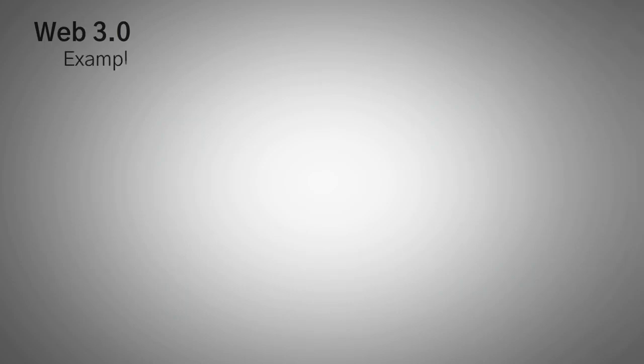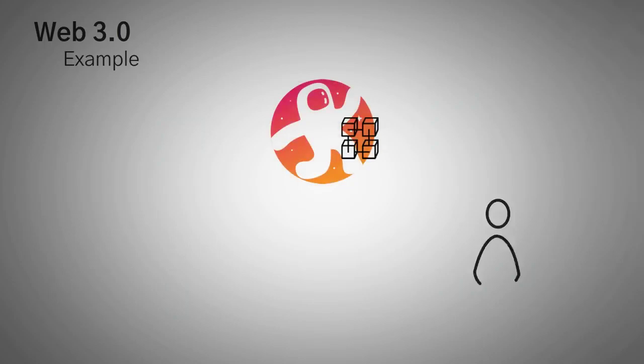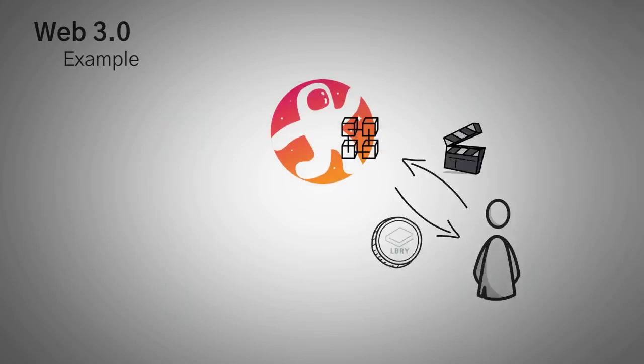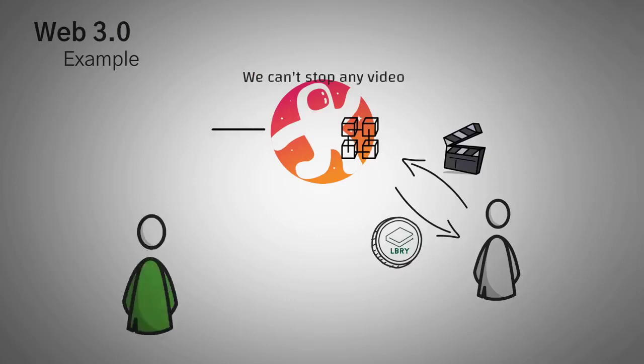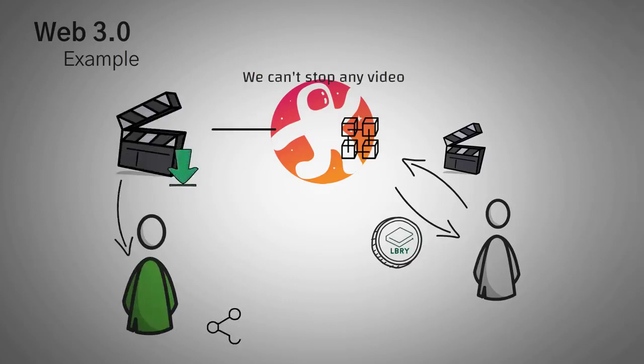Here's one example that's already real. Odyssey is a blockchain alternative to YouTube, where videos can be posted and creators can earn LBRY tokens, which are basically a reward for enticing viewers to watch their videos. The thing about Odyssey, though, is that they can't really stop a video from being posted. If someone uploads it and someone else in the network wants to share it, they technically download that video and then let others watch that video and download it as well, kind of like a big torrent network, if you know what that is.